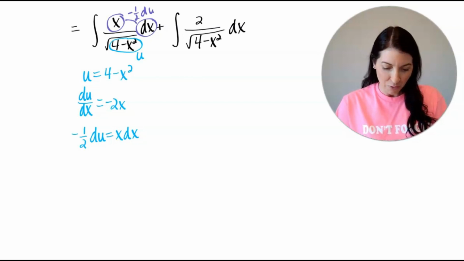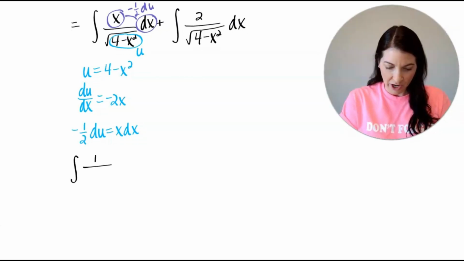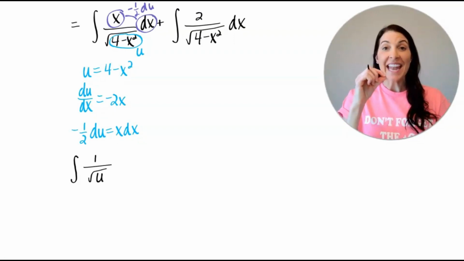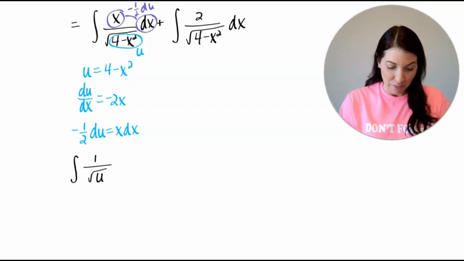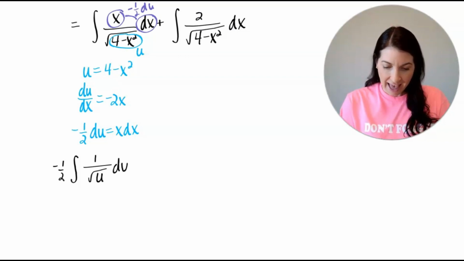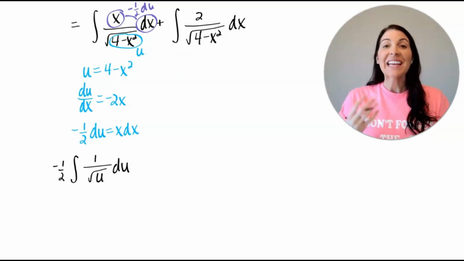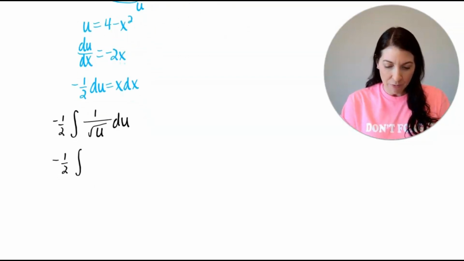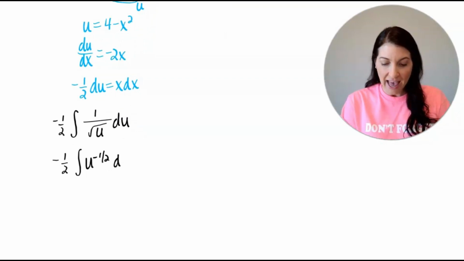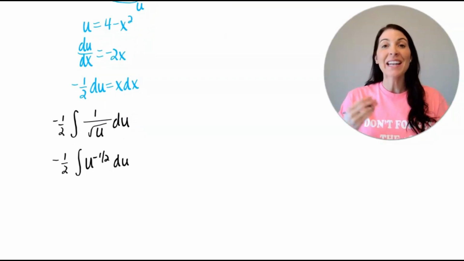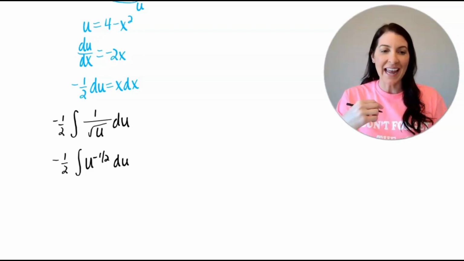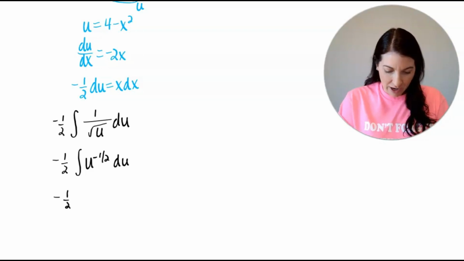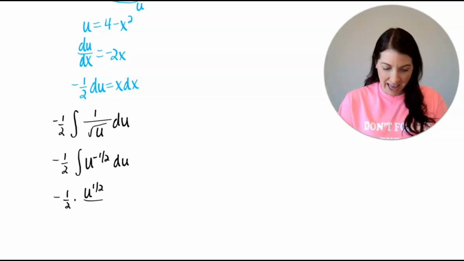And now I am able to rewrite that integral as 1 over the square root of u, and the negative 1/2 I can actually bring in front of the integral and then have the du. Okay, now it's time to integrate this one, and before I integrate, I'm actually going to rewrite this integral as u to the negative 1/2 du. It means the same exact thing, but now I can use the power rule for integrals, which means I'm going to add 1 to that exponent and divide. So then I would have negative 1/2 times u to the 1/2, because I added 1 to negative 1/2, divided